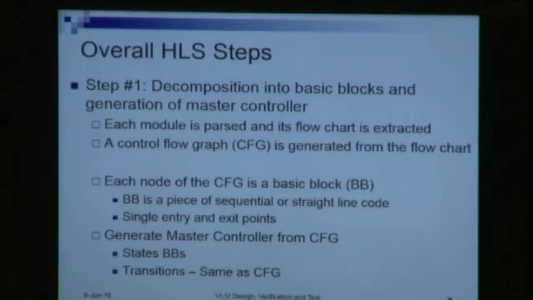Now given this flow chart, it is easy to obtain the control flow graph of the application. Now what is the control flow graph of this program? In this, each node of this graph will be a basic block, and the edges will define the dependencies between these basic blocks. So what is a basic block? A basic block is a piece of sequential or straight line code which has a single entry point and a single exit point. Therefore, a basic block is a piece of code which does not contain conditions or loops inside it,